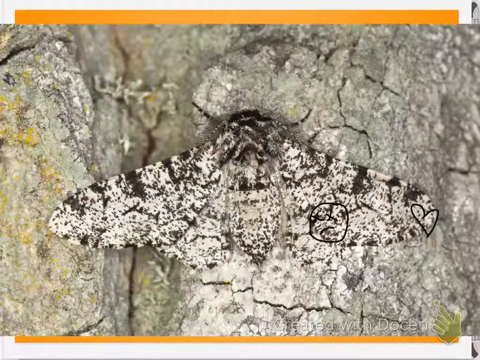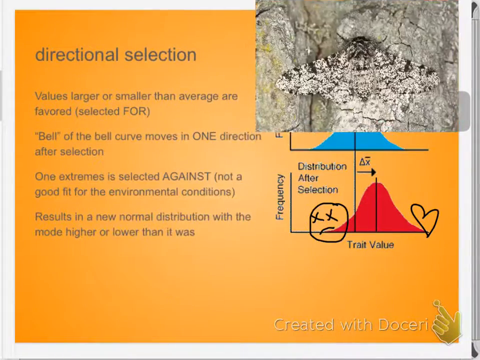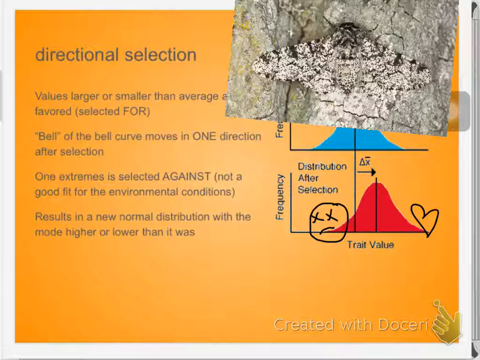And the best known example of this is these guys. You know what that is? It's a moth. It's a pretty little moth. It's called a peppered moth. And it's fairly well camouflaged on that light bark, isn't it? It blends in. From a distance, it'd be actually kind of hard to see.